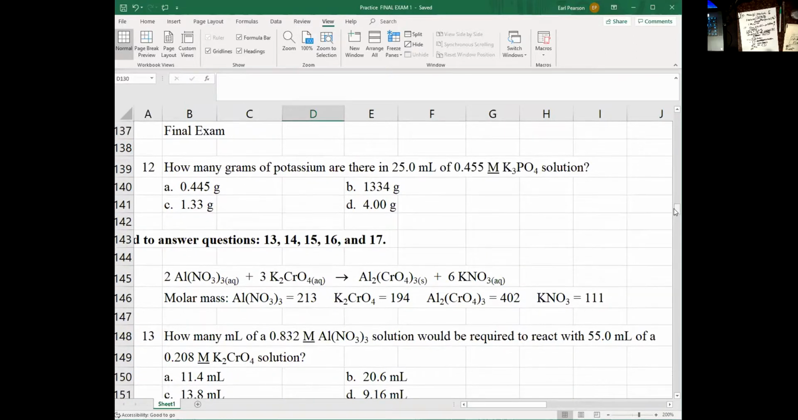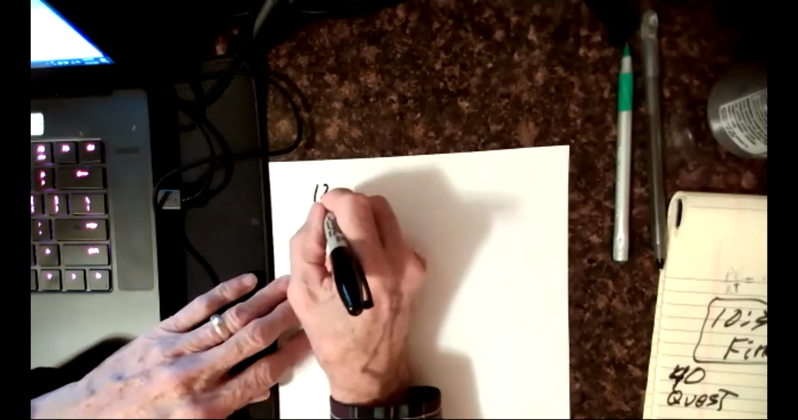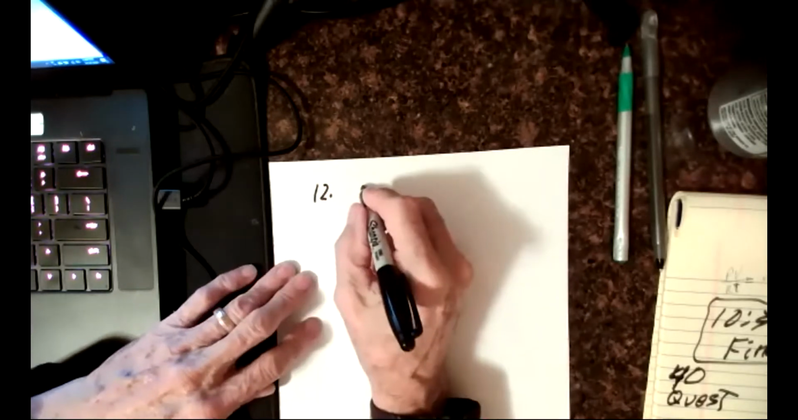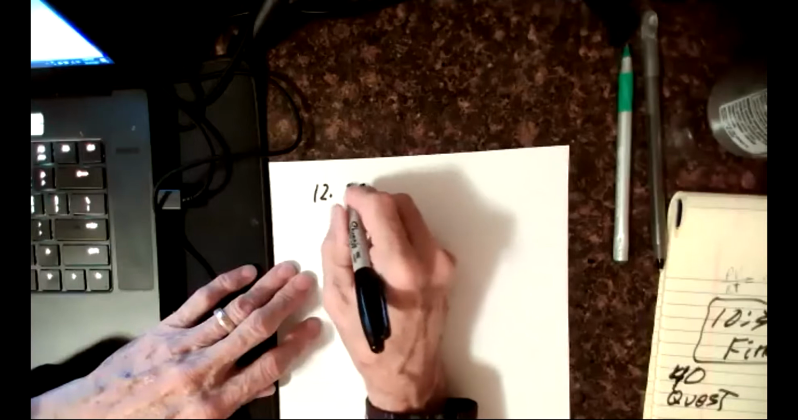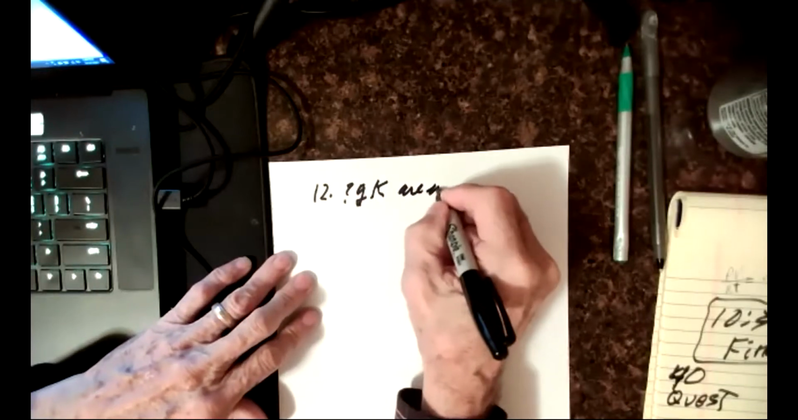Okay, now, next one is, next several it looks like. Oh, no, we're not there yet. Next one has to do with the amount of potassium in a compound. So I think I can duplicate this for you on the pad. So 12, it says how many grams of potassium are in